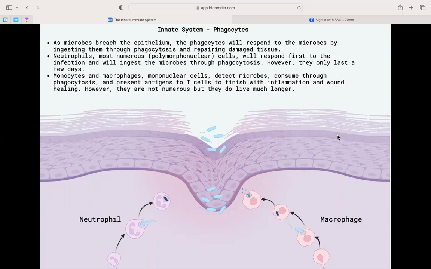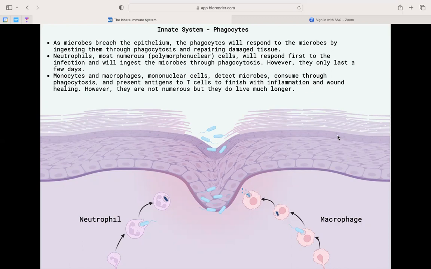Monocytes and macrophages, mononuclear cells, also detect pathogens and can present antigens to T cells in order to finish with inflammation and wound healing. They are similar to neutrophils as they also ingest microbes in order to destroy them. However, they are not as numerous, and they live far longer than neutrophils do, but they do conduct phagocytosis on